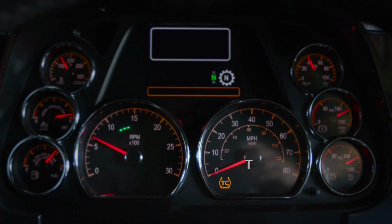The traction control light illuminates when the ATC is regulating wheel spin and turns off after the traction control event has ended. This is the hill hold light. This feature holds the vehicle while on a hill to allow the operator to release the service brakes and press